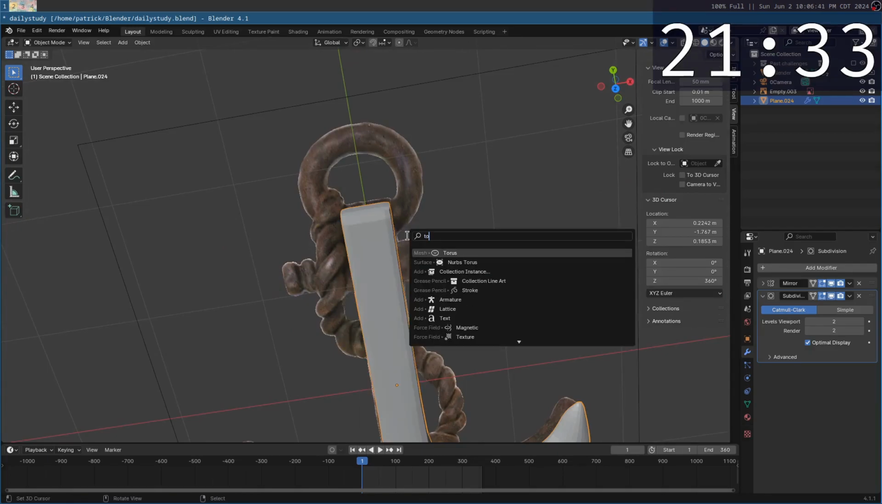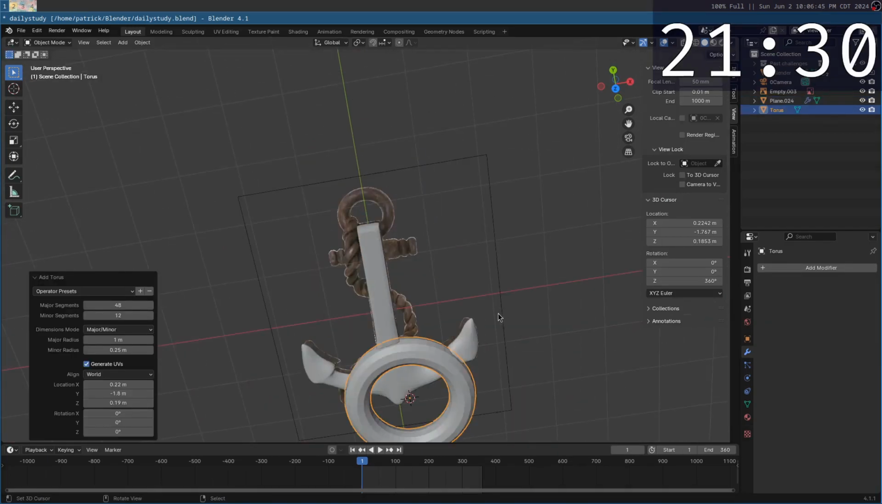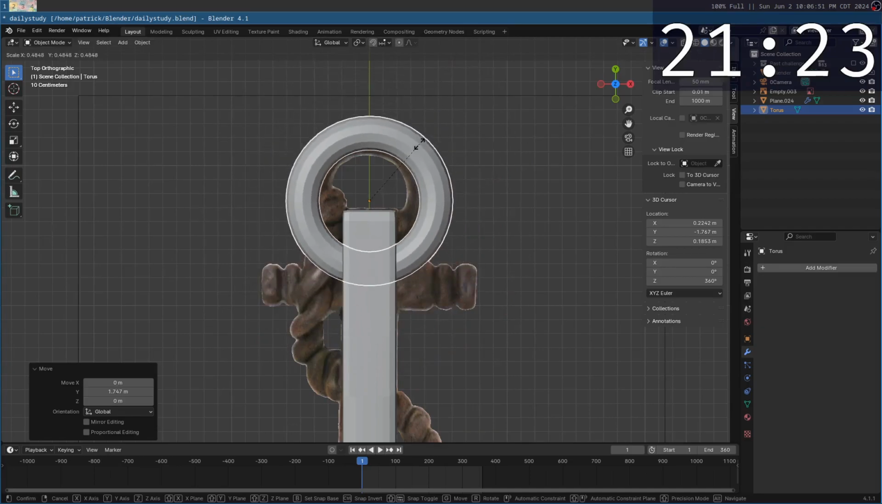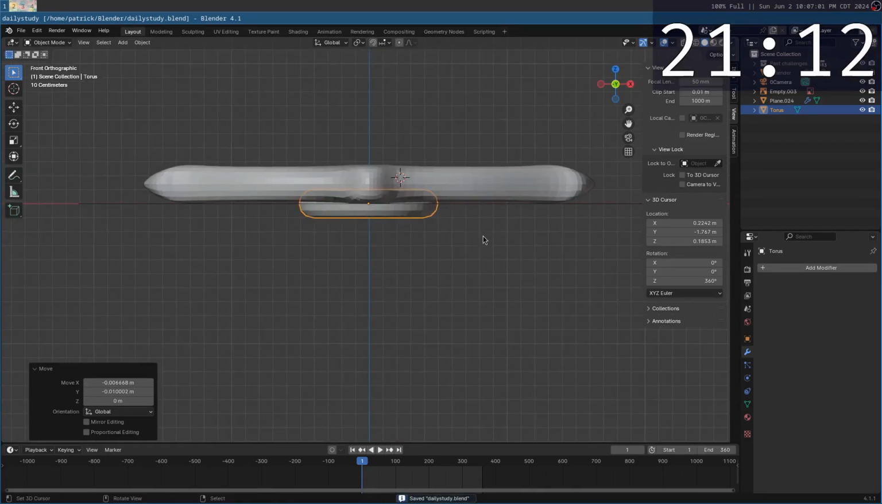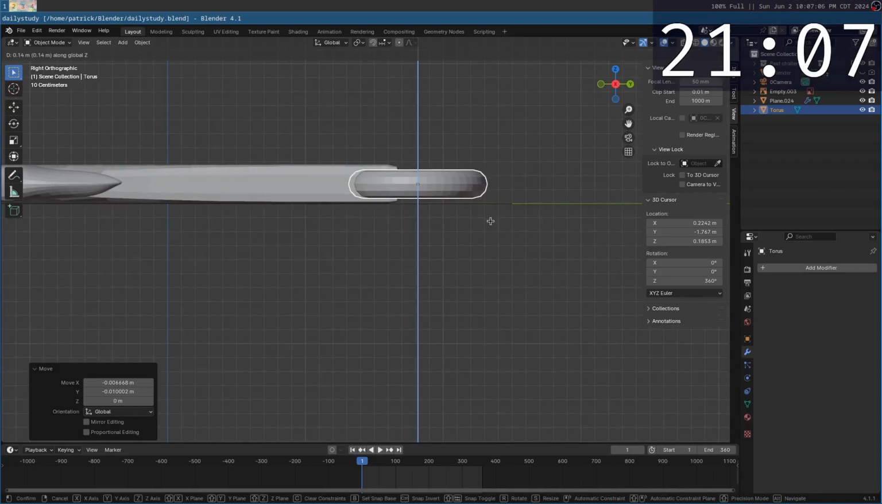torus shape. I believe there is a primitive torus. Awesome. So we can just move this up, scale it down, up a little bit, nudge it around a bit. And just to make sure it aligns on the side, we can move it up on the Z, and that's